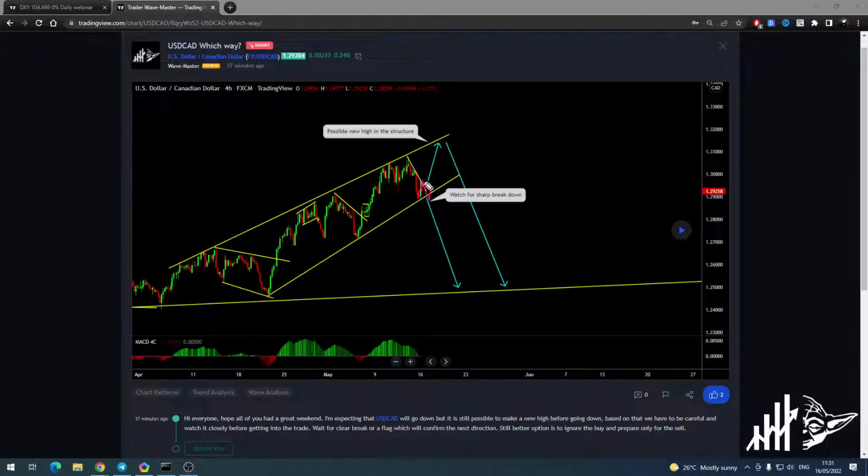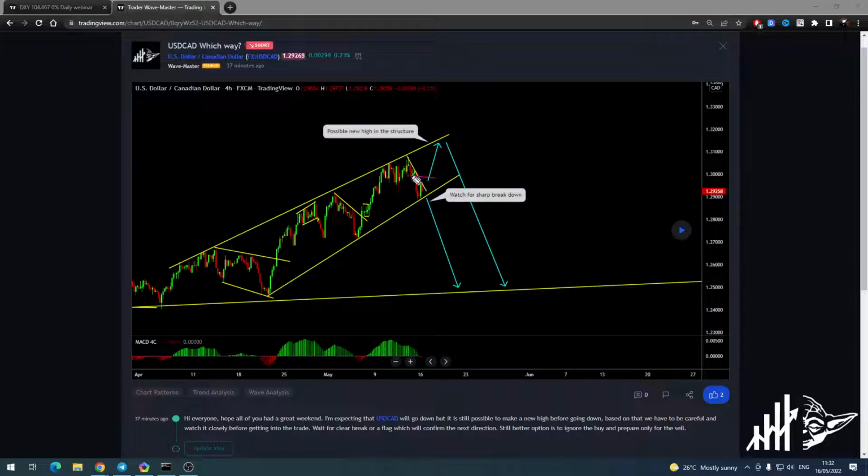If it gives us the flag, that's going to be even better. It's going to go really aggressively to the downside. What else could it do? It can go higher, yes. It will still go for the flag, any kind of correction or whatever, and then go up. But like I said, don't chase this buy. It's not worth it. There are too many reasons why you should not take it than why you should. But anyway, if it extends higher, even better, then we will be selling it from the top again.